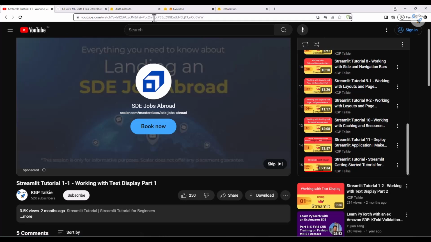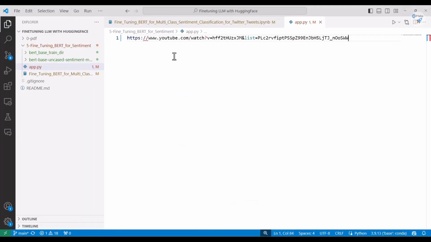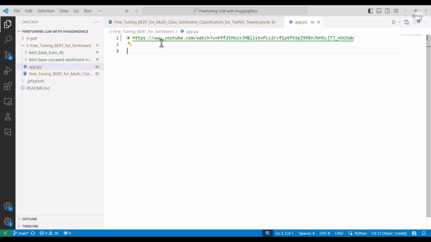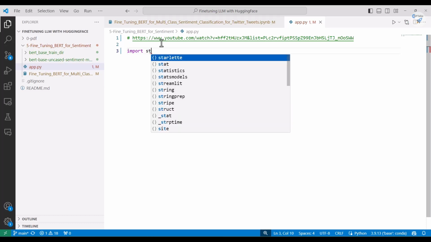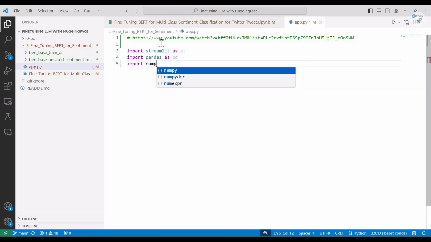I'm just going to copy this whole thing from here and paste it here so that later on, if you want to visit my YouTube channel to see this full list of Streamlit tutorials, you can visit there. So I import Streamlit as st, and thereafter import pandas as pd, and thereafter import numpy